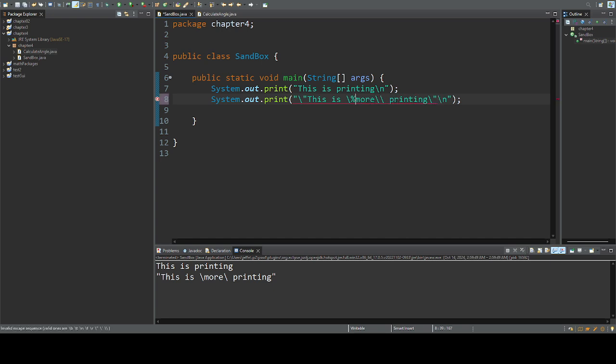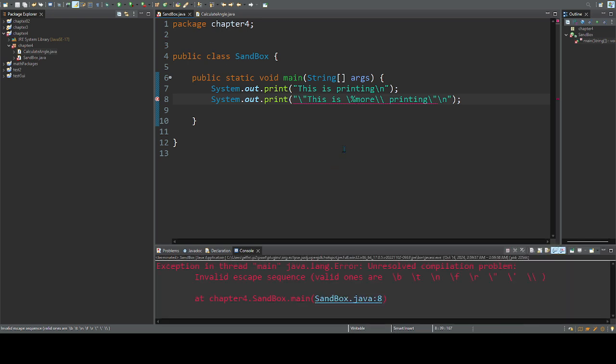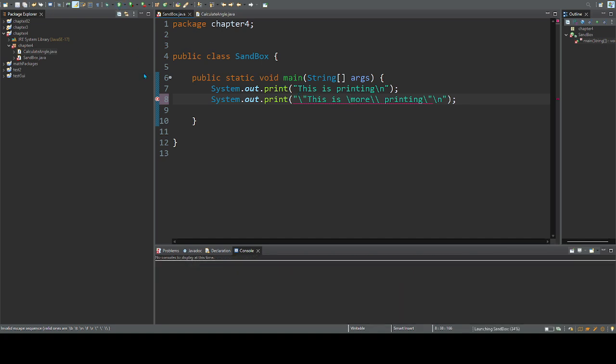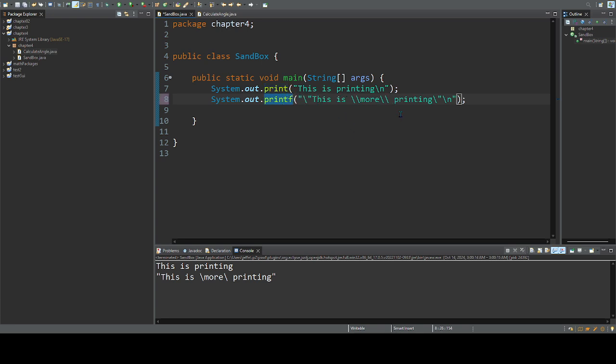We also can get the percent sign, which is needed inside of printf statements. And notice it's not recognizing the escape sequence. I get an error within Java. So Java has some particular escape sequences. Now, if I were to put a printf in here, which we're going to study in more detail,